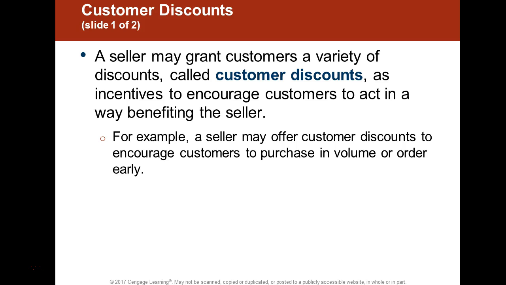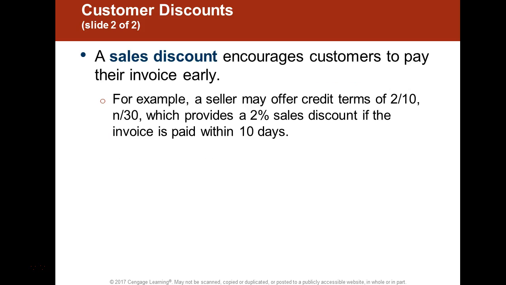Now, for example, if you're like a Walmart and you provide a discount to your customers, maybe to encourage them to buy more, discounts could very well be like a coupon. Now you see a coupon when you go to the store and you have $1 off your particular product. That's a discount. You're getting a discount. Discount in the form of coupons or something that would encourage the customer to act, to buy, and to buy now. And you have to deal with that. And again, sales discounts are going to be a contra revenue account. So they're going to be offsetting the sales revenue.